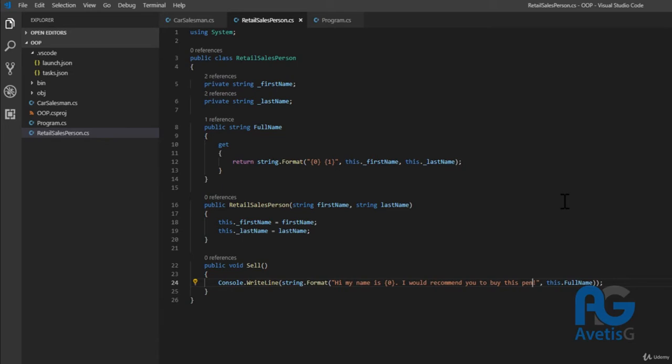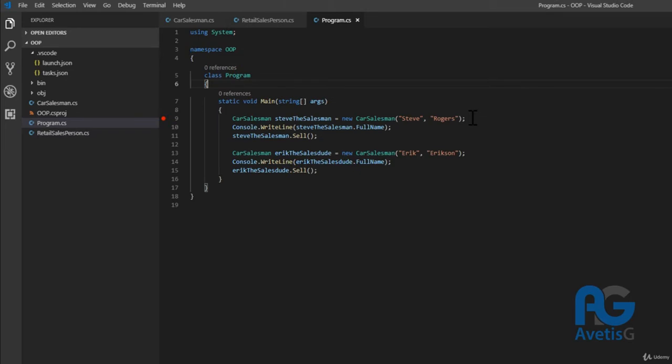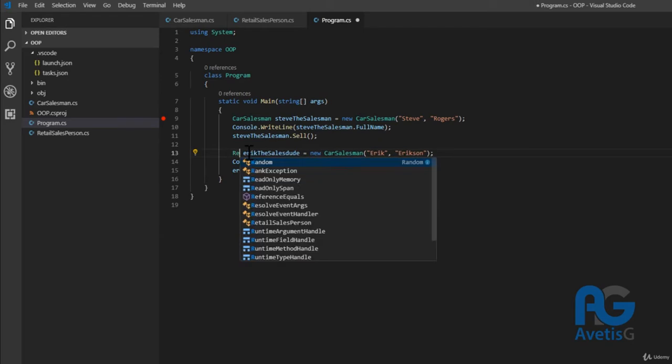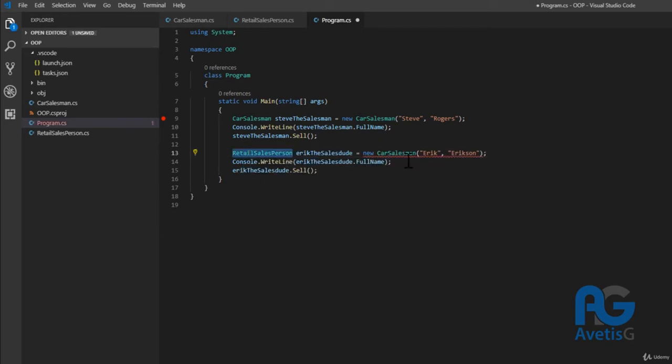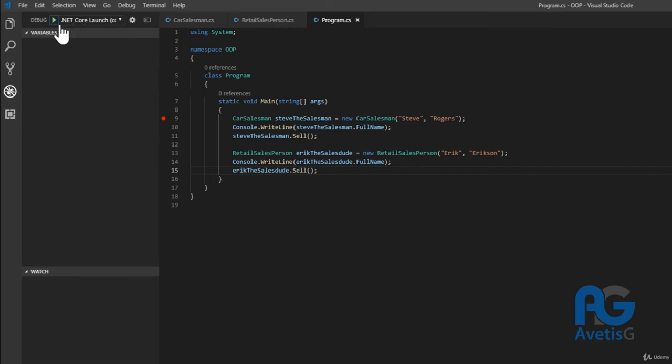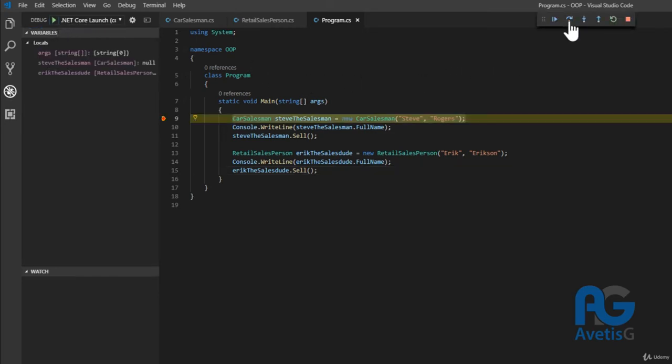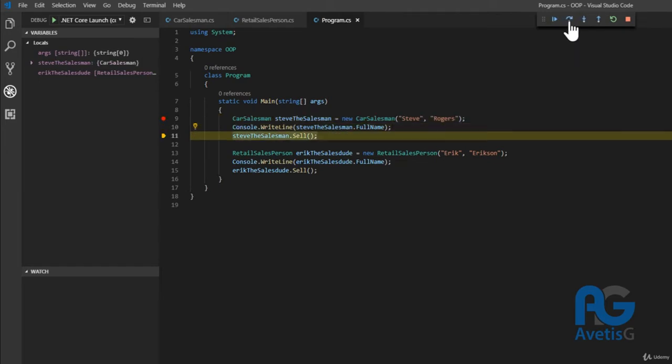I will go ahead and instantiate the retail salesperson. As you can see, we already have car salesman instantiated, so I will change the second instantiation and make it to be retail salesperson and keep the first name and last name as it was before. So I will say retail salesperson. And there it is. Let's run it. As you can see, it's already breakpointed. So I will go ahead and press play, and we will go through this line by line